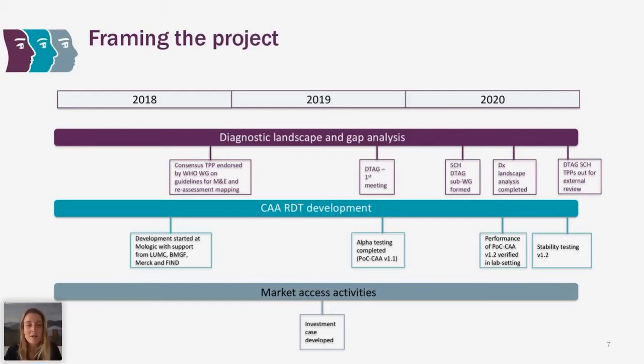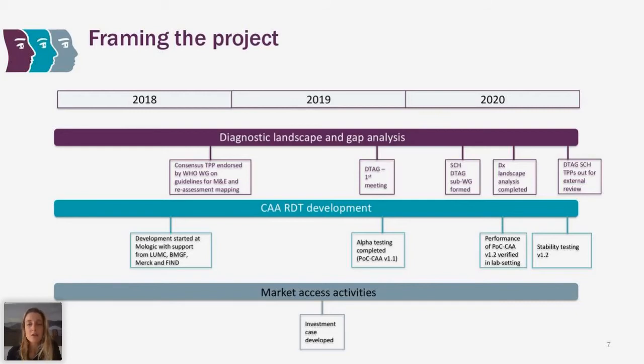At the same time, in November 2019, there was a new advisory group to the WHO NTD department, the DTAG. The role of the DTAG was to set out TPPs for different diseases and identify the main use cases for those diseases. The first meeting was in October 2019, and then they formed different subgroups for each disease or group of